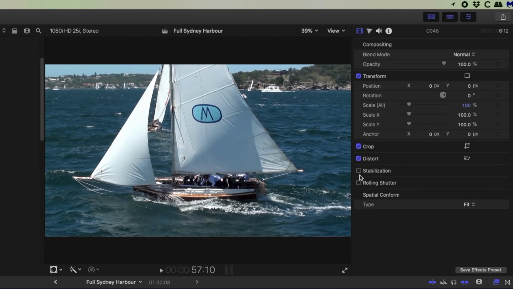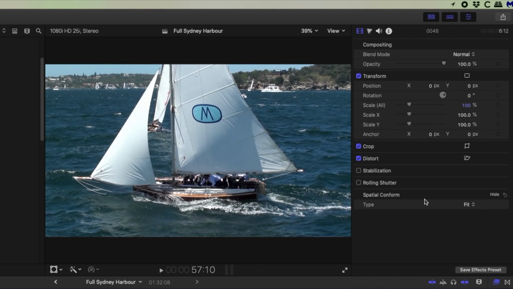Now, as I said, stabilization and rolling shutter are not selected by default. To know more about stabilization, click the eye above. You'll also notice beside each of the selections within Transform, Crop and Distort that there are keyframe selections. Keyframes are added when you select this diamond. To see the video about keyframes, select the eye above. The curly arrow will undo any of your changes and reset to the default setting. The curly arrow is found right throughout the inspector and is always at this far right location.